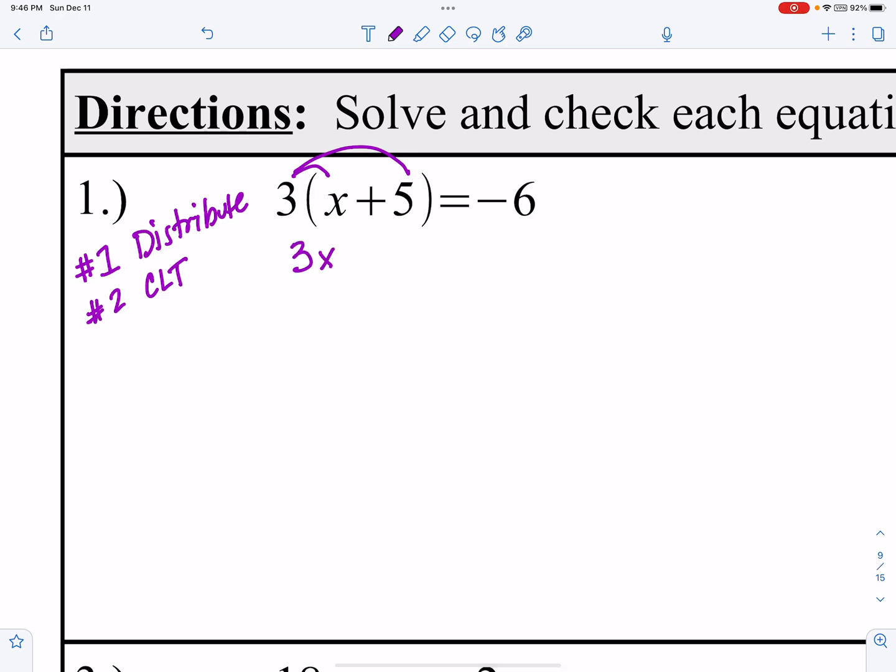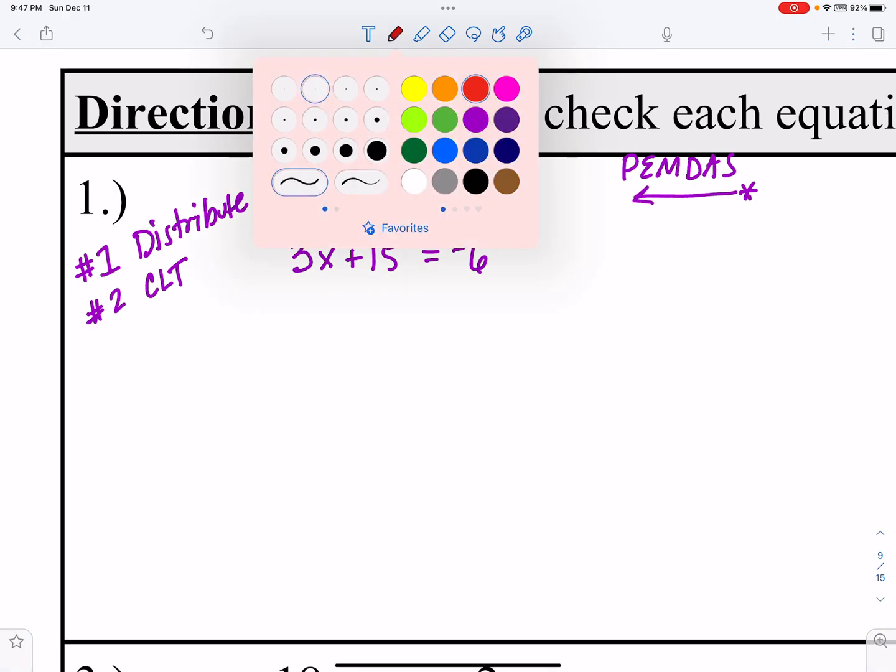So do a quick distribution of that 3, and we get our 3x plus 15 equals -6. And now we're going to do our addition subtraction first, which remember, if we're looking at PEMDAS and going backwards, we would start back here and go this way. So addition subtraction would be first. So I'm going to go ahead and